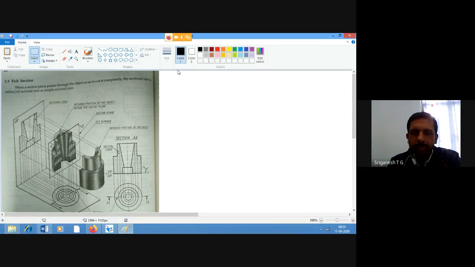That same idea is utilized here also in sectional orthographic views. What they will do is they will ask us to do the drawing for a sectional view after we cut at a particular place on the object. How is it going to look? It can be the front view, or the top view, or even the side view after cutting.